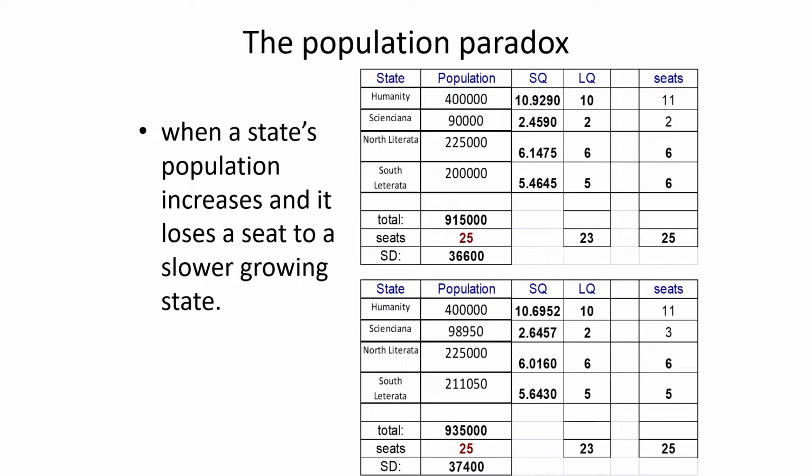120,000 people, which means that they probably should have, if this is the divisor, 120,000 divided by 36,600, you would think that they should deserve 3 seats, right? I mean, you can do the math. 120,000 divided by 36,600 is a little bit more than 3.2 or whatever. So let's give Omatho 3 seats.